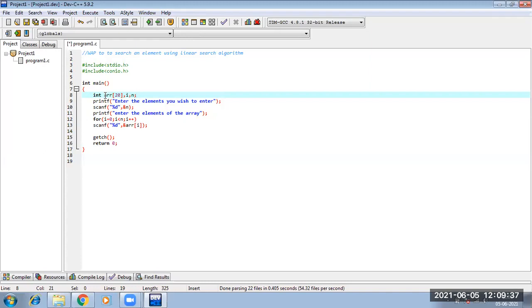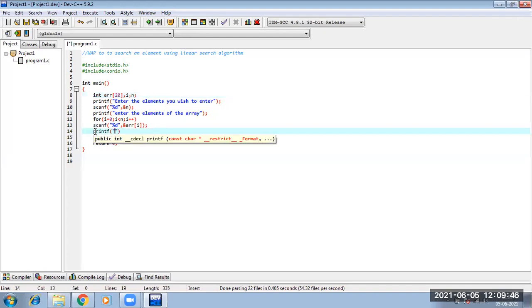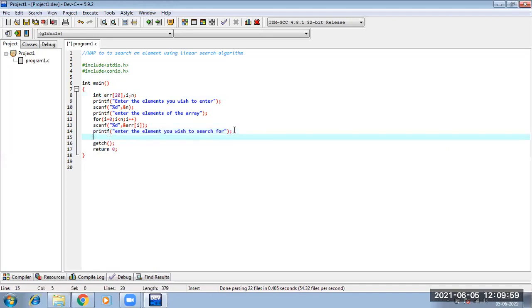After that, we need to enter the element which we are searching, so I write: enter the element you wish to search for. Suppose I take this element in the variable num. Since I have taken num, I need to declare num as well.